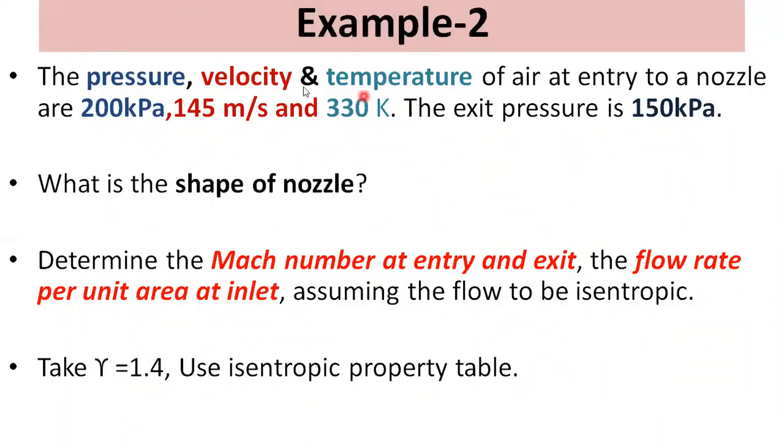So from this example statement, you have to decide which type of flow is given. Here it is given as isentropic flow, so we will use our first property table. If it is given that so and so heat is transferred, or the heat transfer value is given, then it will be a problem of Rayleigh flow. And if the friction factor is given, then you can assume the problem is from Fanno flow. So you have to carefully read the problem statement.